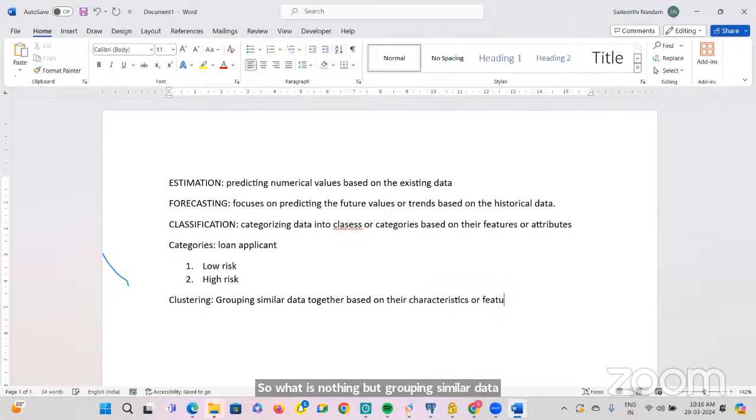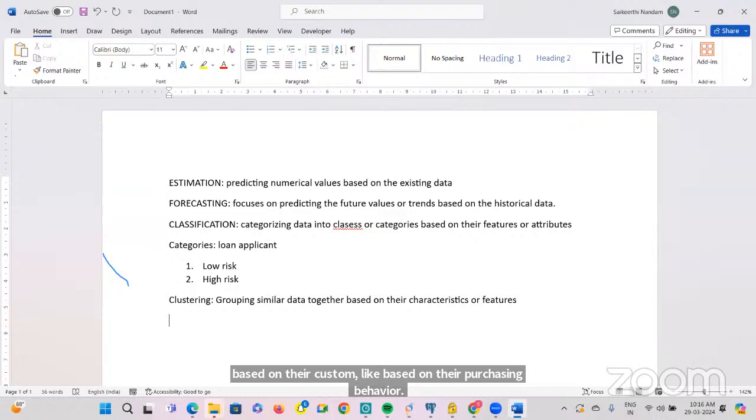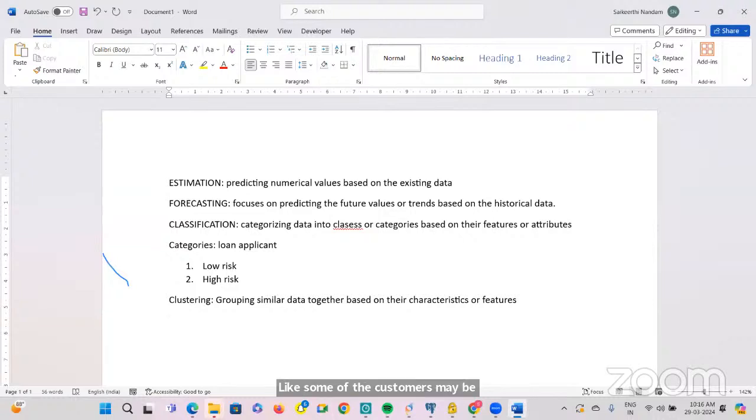Let us take another example: there is a marketing department which wants to categorize the customers based on their purchasing behavior. Some of the customers may be budget shoppers, who shop according to their budget. Maybe I can group them under budget buyers. So clustering is nothing but grouping similar data together